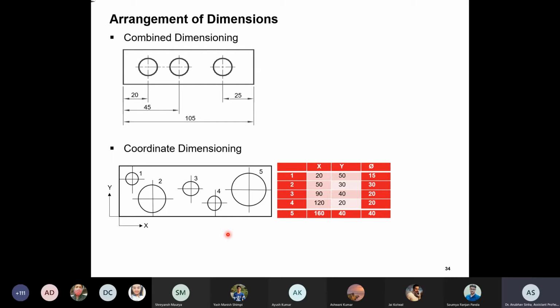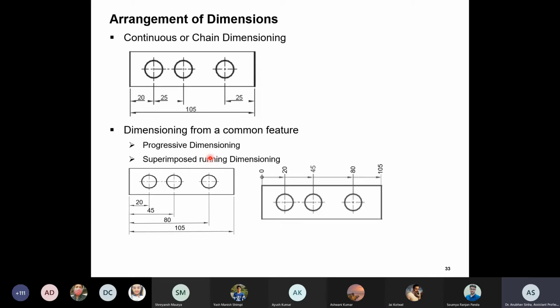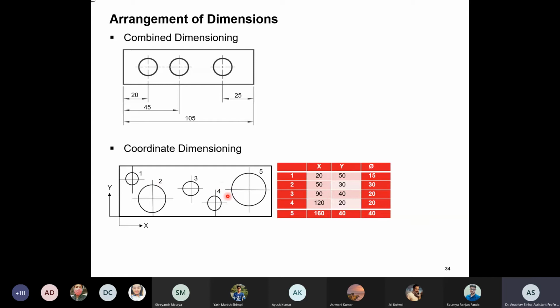Again, that depends on what part you are making, what the application is, and which dimensioning is more convenient. To answer that question, let us look at this. If you want to mark like this in such a drawing, it will not be very convenient. If you have multiple holes, this is more convenient. So it depends on the part and your convenience, what can be easily made, and it should be standardized across different groups or parts.